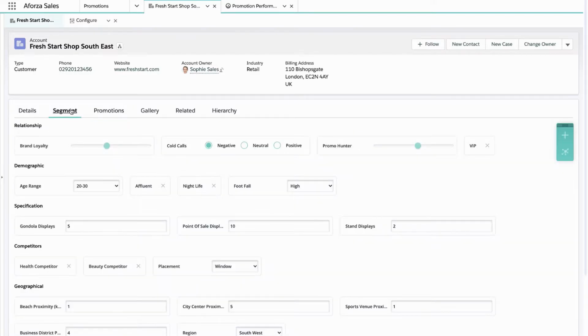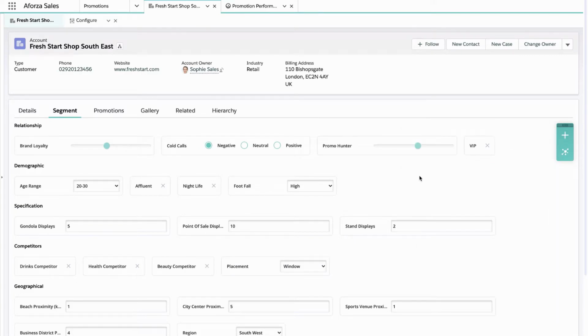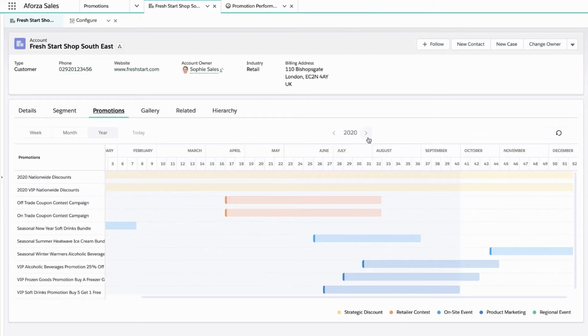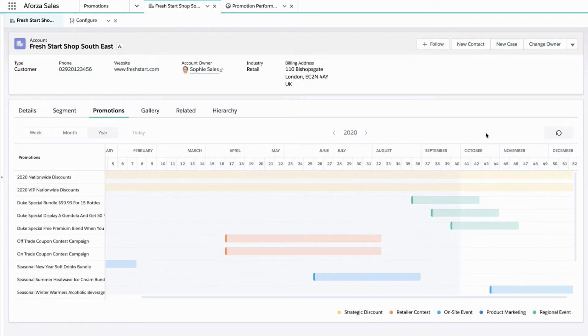Another thing that we might want to use this for is if we're competing with other companies. So let's say we went to this store and we know there's a new competitor being sold there that we're really trying to target. So this new drinks competitor. Again, I can add that to our customer record here. And if I go back to promotions, immediately I'm going to get some promotional options to help combat that